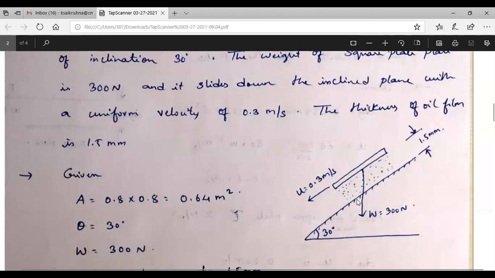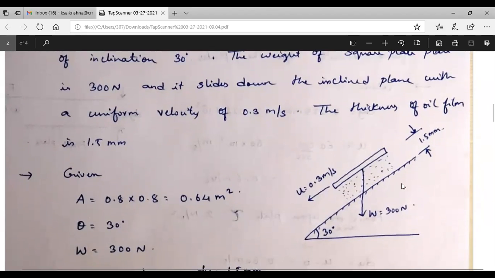You can see here, this angle is equal to this angle because these two are parallel. So the angle between these two is 60. If you extend this vertically down, the angle here is 90. The total angle in a triangle is 180, so 90 plus 30 is gone and the remaining will be 60. Understood? So we get 60 here. We have to resolve the weight component in this direction. So you'll get 300 cos 60 towards the plate.